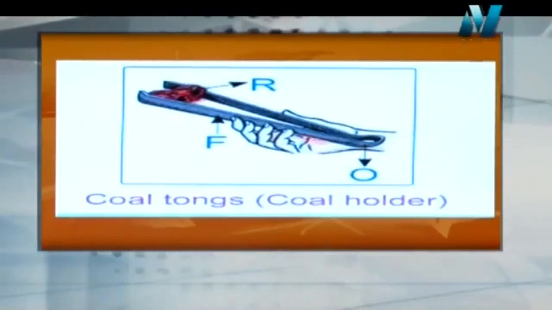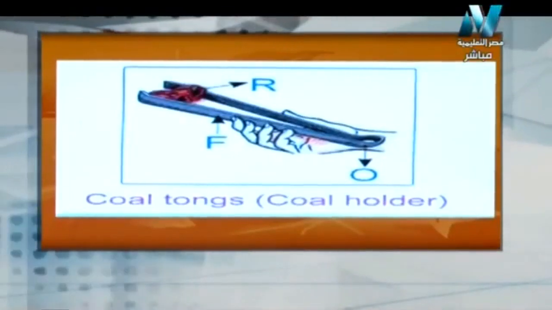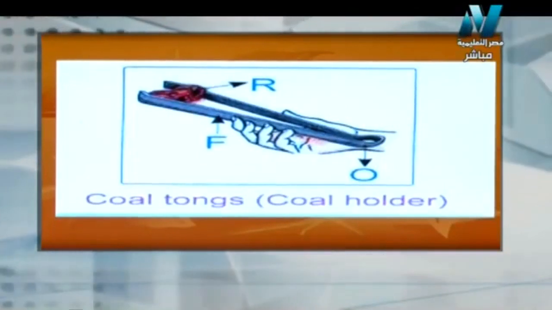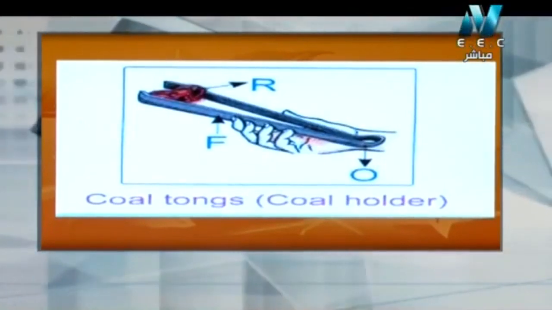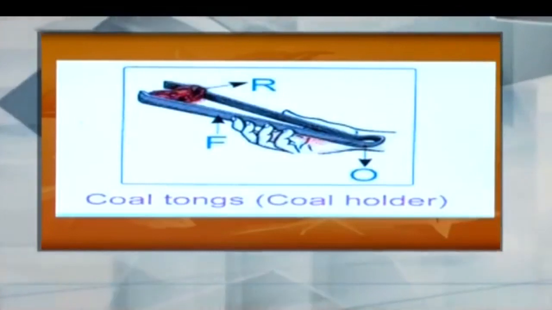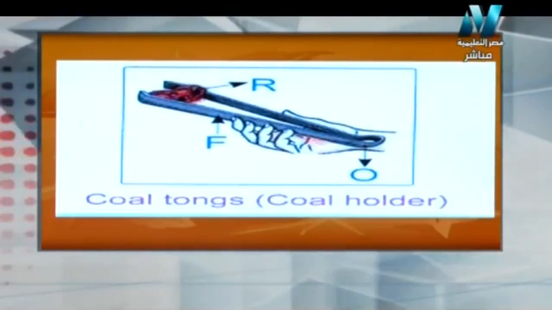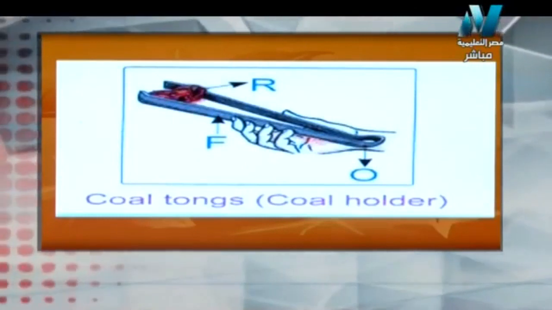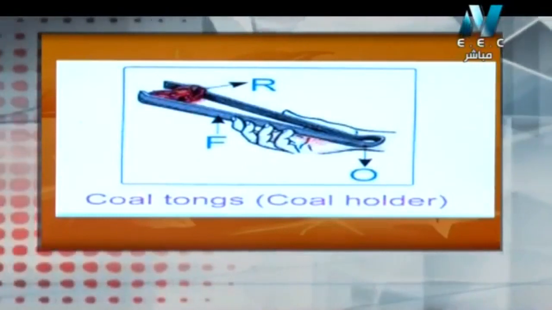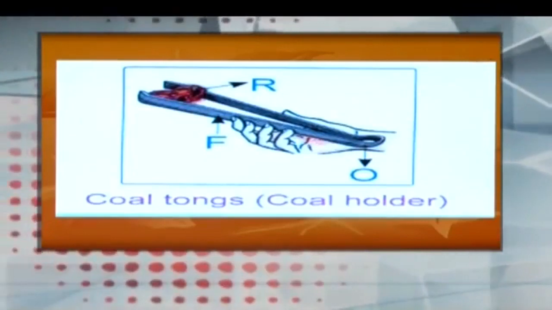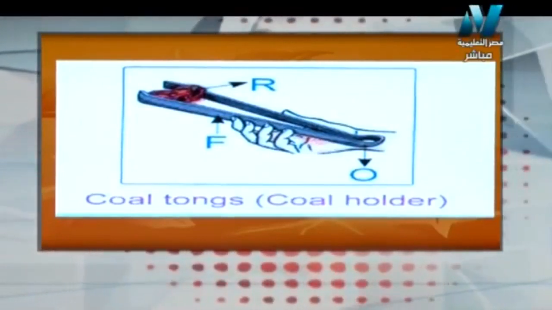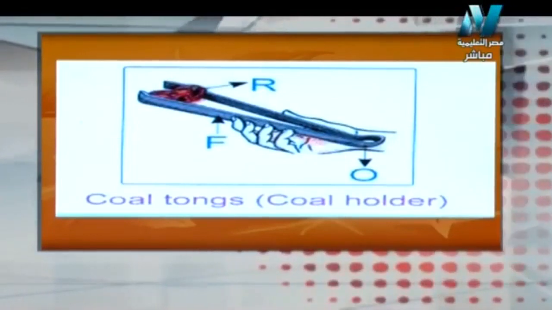Another example is the coal tongs, or the coal holder. The coal holder has the same translation, the same meaning. Coal tongs or coal holder. It's like that. It's like the pincer, as you can see together. So it's like the tweezer, similar to the tweezers really. I have effort force. Here I hold the tweezer from the middle, so this is the place of the effort force. O is at the bottom or at the side. And R is the thing I will hold, whether coal, sweets, or anything I would like to hold. So it will be third class lever.